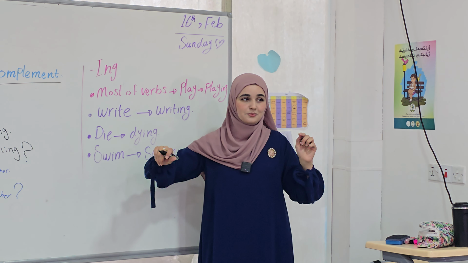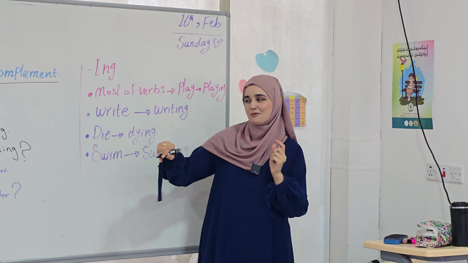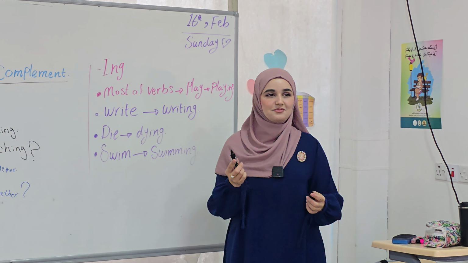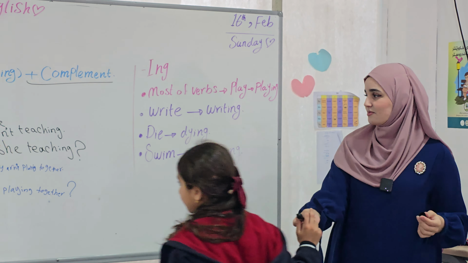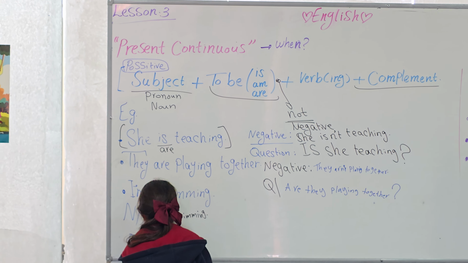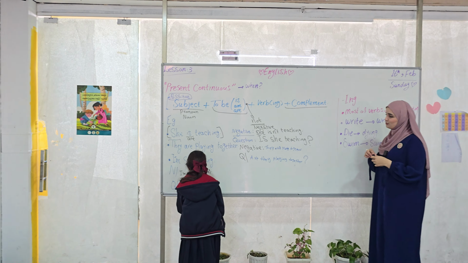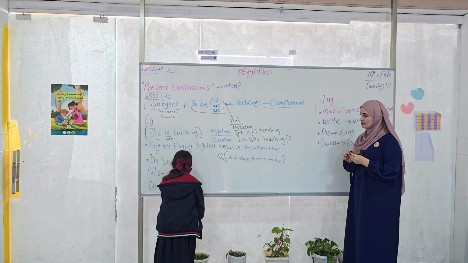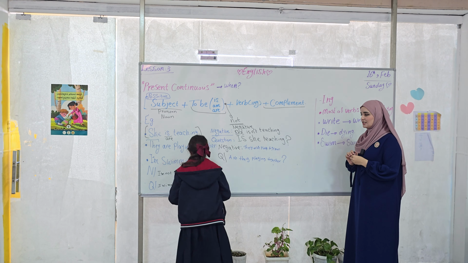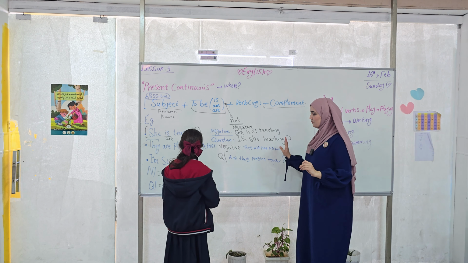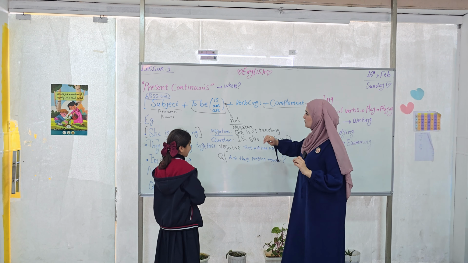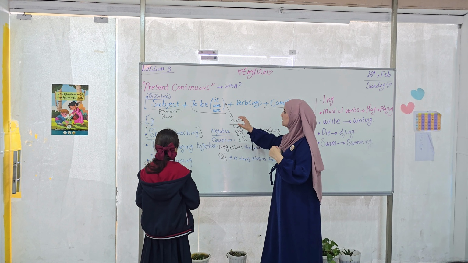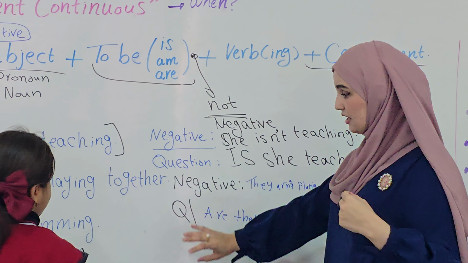This one is tricky. A bit tricky, huh? There is something in it. I don't know if you know or not. How do you change this sentence into a question? Okay. No. Swimming. Wait. We said that's okay, we're going to correct. We said for the question we have two steps, right? The first one is we change the verb to be to the beginning, right?